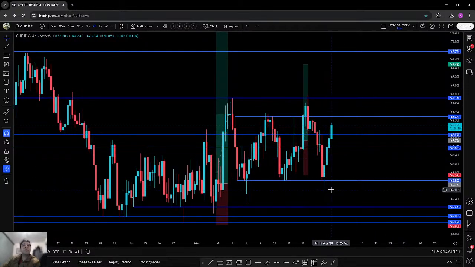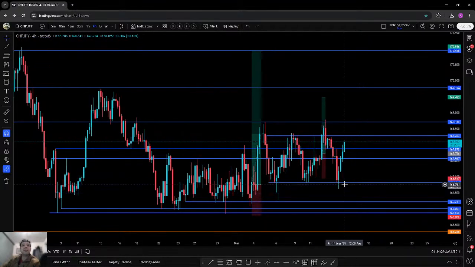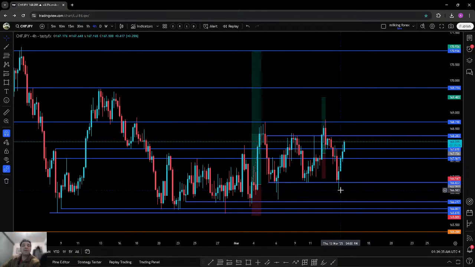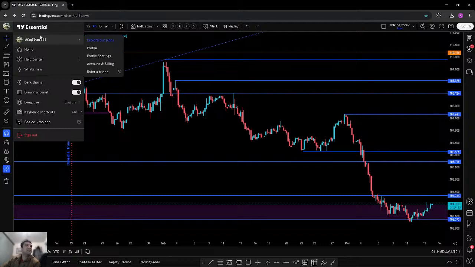And in CHF JPY, we saw a wonderful reaction where the yen got super weak. We got a 4-candle reversal around here, about 150 pips, and we haven't seen 4 candles developing with the yen in any other pairs except CHF JPY right here. So again, we are done with the analysis right here.